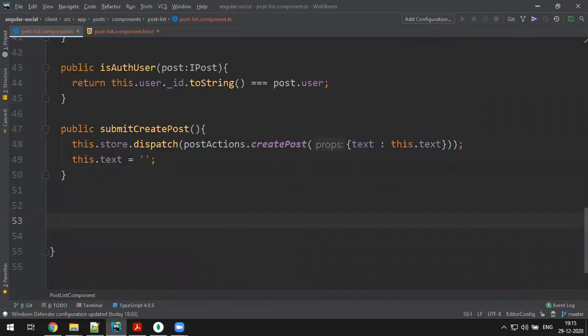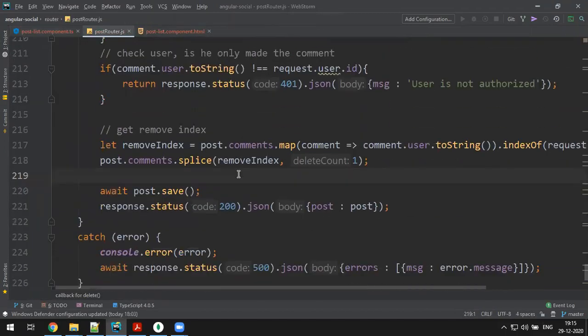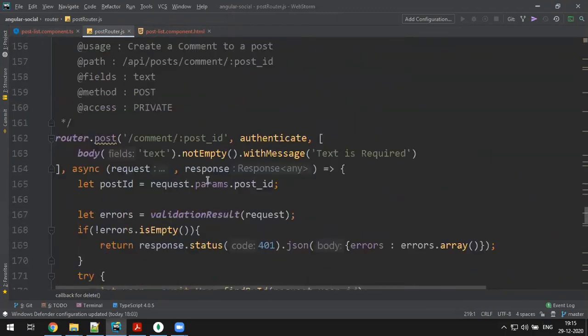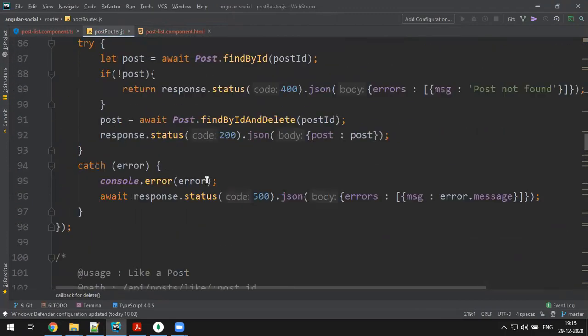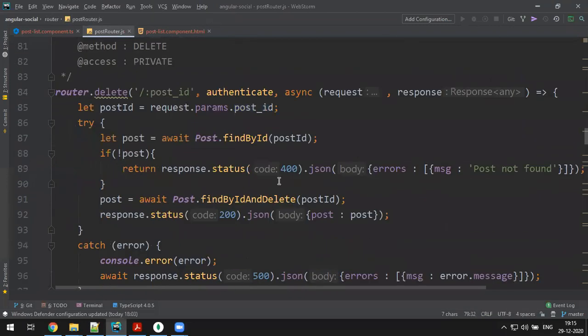Let's make it public. So you are providing the post ID. Here you have to dispatch an action to delete a post. When you see the router, we have delete post somewhere. Delete comment is over, and we'll see delete post. Okay, delete post, this is the path. So you have to provide the post ID. I already have a post ID, I can delete. For this, you have to write a service, an action, effect, reducer, everything.